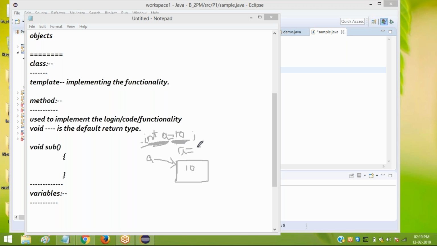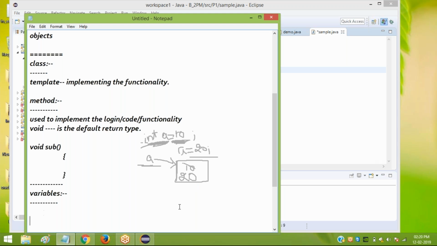Later, if I say A is equal to 20, you have already declared and passed the initial value. Next, again, A is equal to 20. It means the old value 10 will be replaced with the new value 20. It never complains that A can't hold two values. A variable never refers to multiple data. It refers to the recently assigned data. Whatever is recent sits there. So we can say variable is a temporary memory